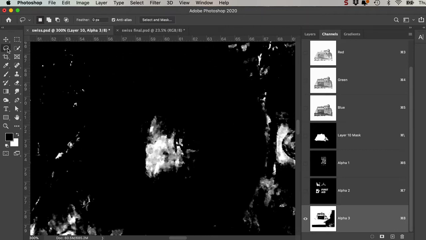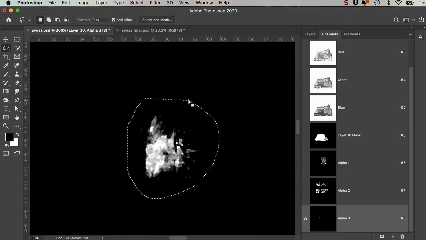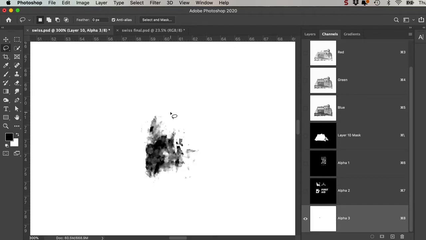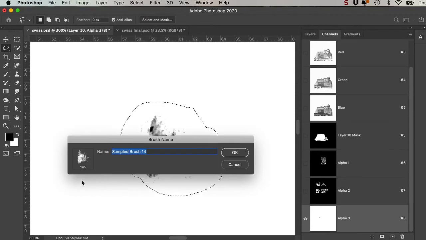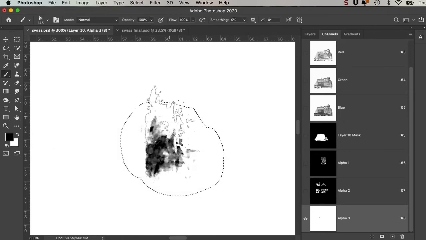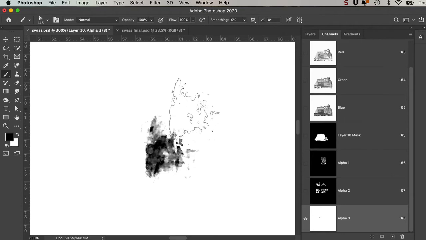So with this, I'm just going to select this, Command Shift I, Option Delete, which fills with black, Command D, Command I, and now I'm just going to draw around this area here, and I'm going to go Edit, define it as a brush. I call it Tanya, go OK, Command D, and then to test it,